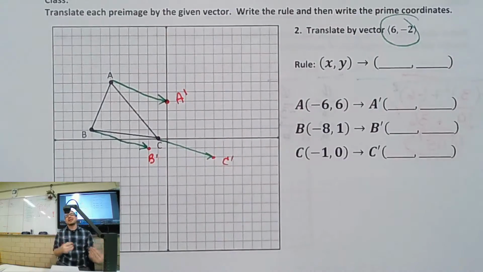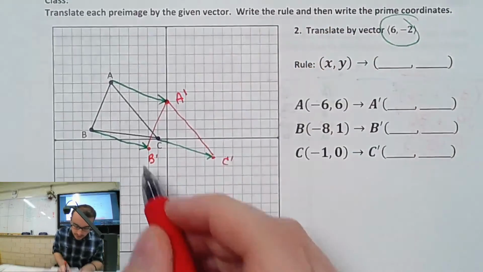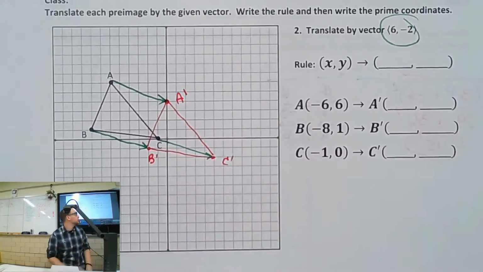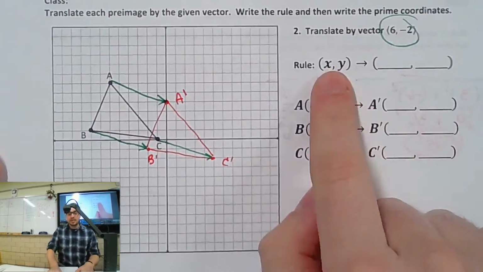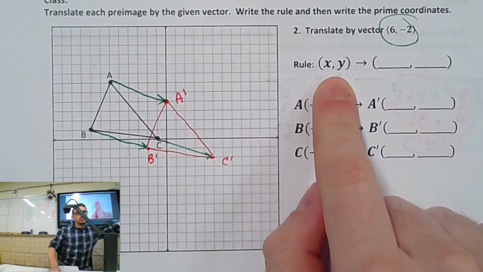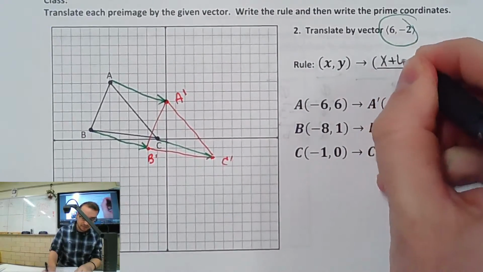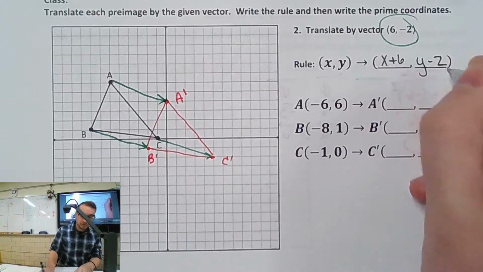And now to move the entire triangle, what we do is we just connect the dots, right? And there is our translated triangle. It's been shifted over 6 to the right and 2 down. So Caden's right. Our rule is that we take our coordinate, whatever it is, x, y, right? And we shift it 6 to the right and 2 down. So that means we took our x and we added 6 to it, and we took our y and we subtracted 2 from it. And that's going to get us the new